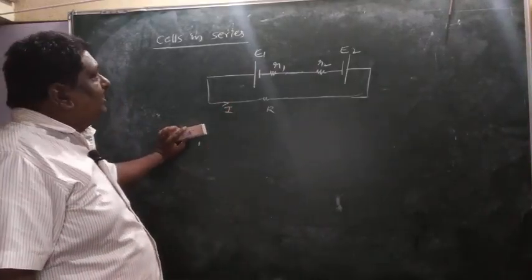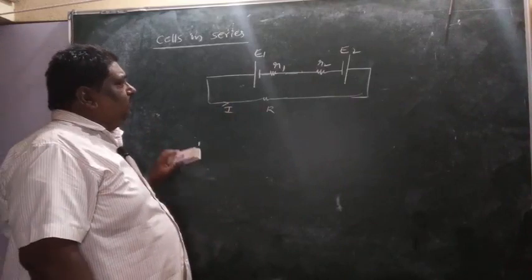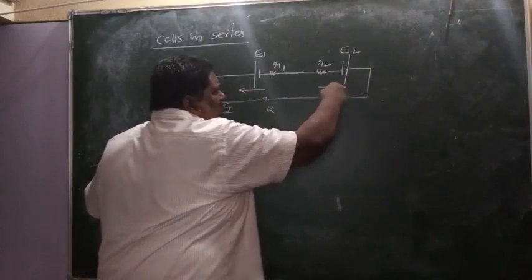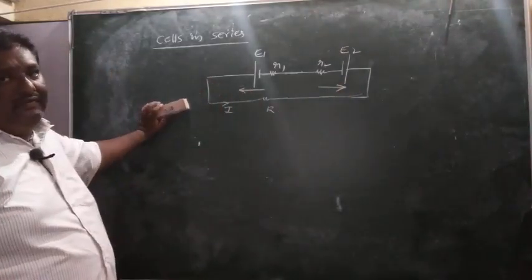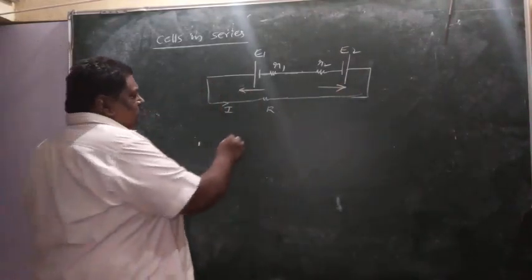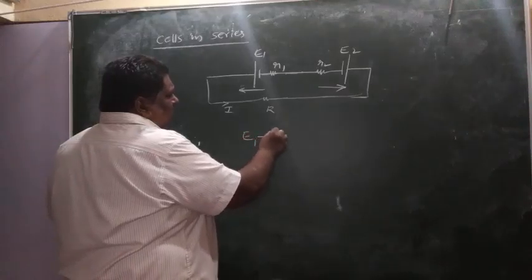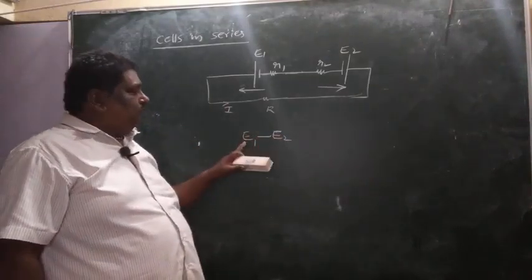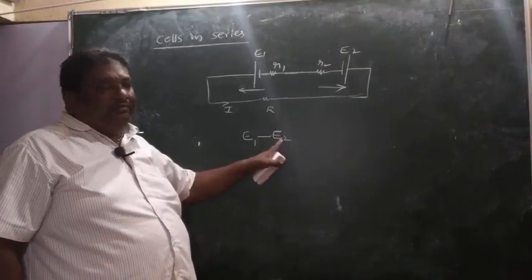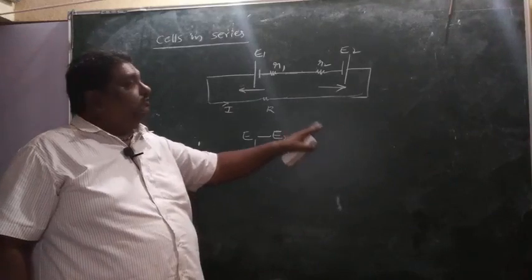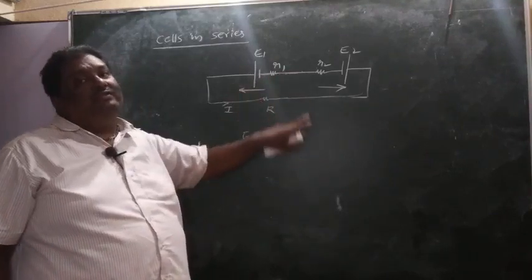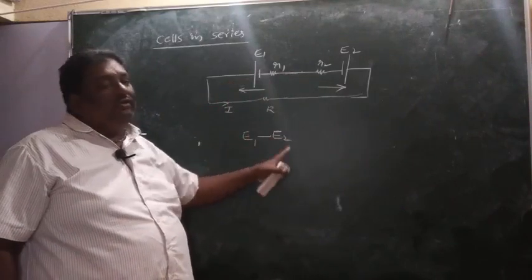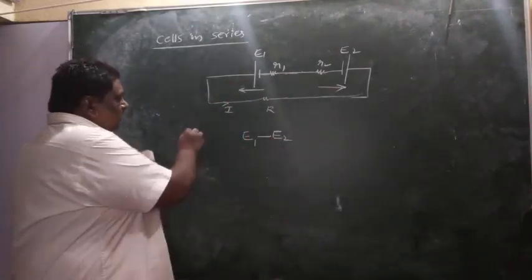Like these problems will be given. Here what happened? One is sending voltage in one direction, one is sending voltage in opposite direction. Then net voltage is equal to E1 minus E2. Suppose E2 is greater, we will get a negative answer. That means the current direction we have taken, we have to reverse. Suppose E1 is dominating, so higher minus lower we take. This is the E net voltage.